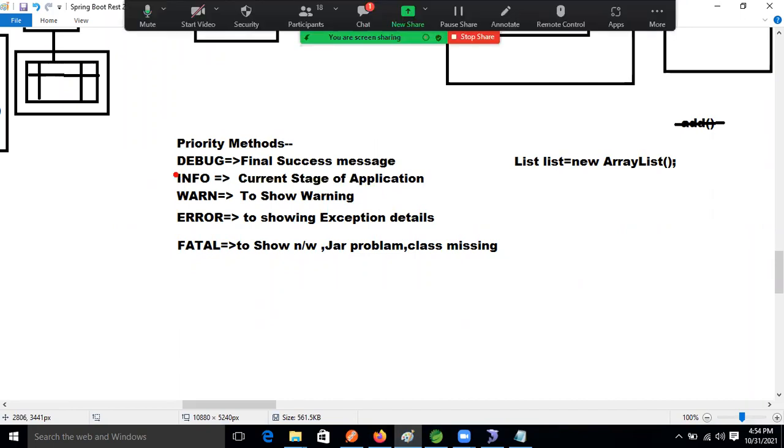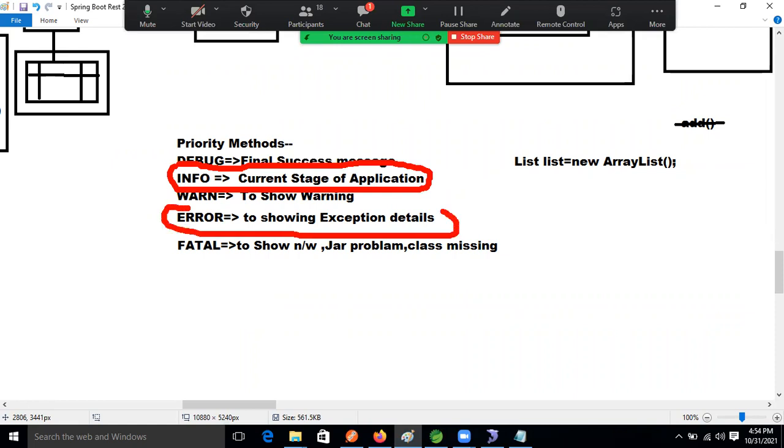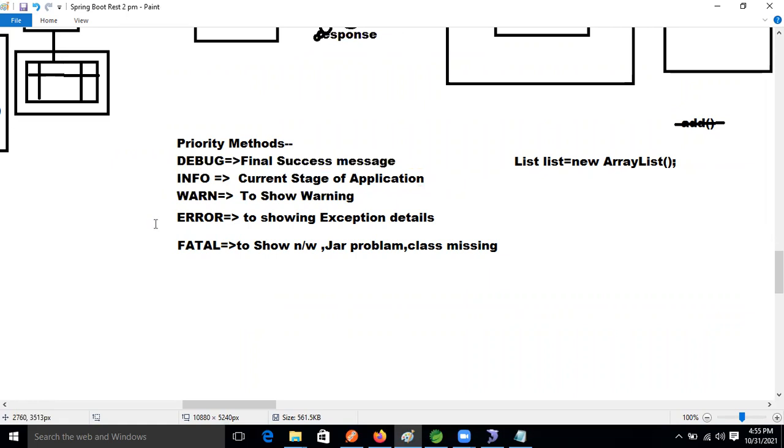In my 6.7 years of experience, wherever I got the chance to implement logging in a project, I used only these two, info and error.